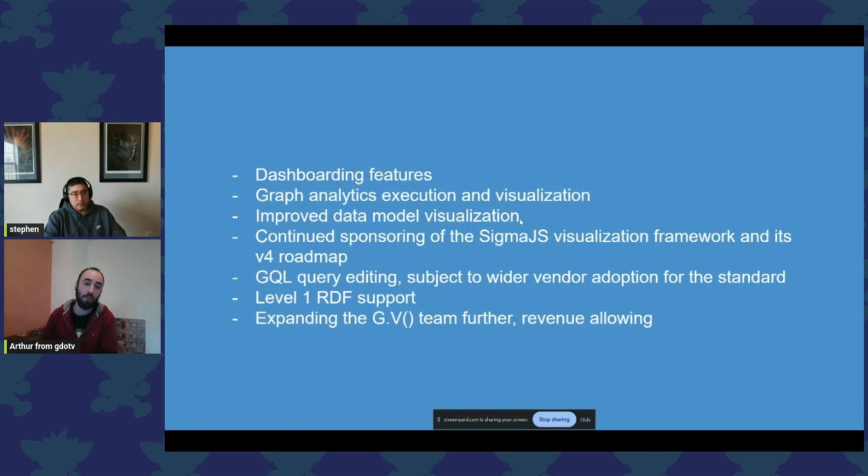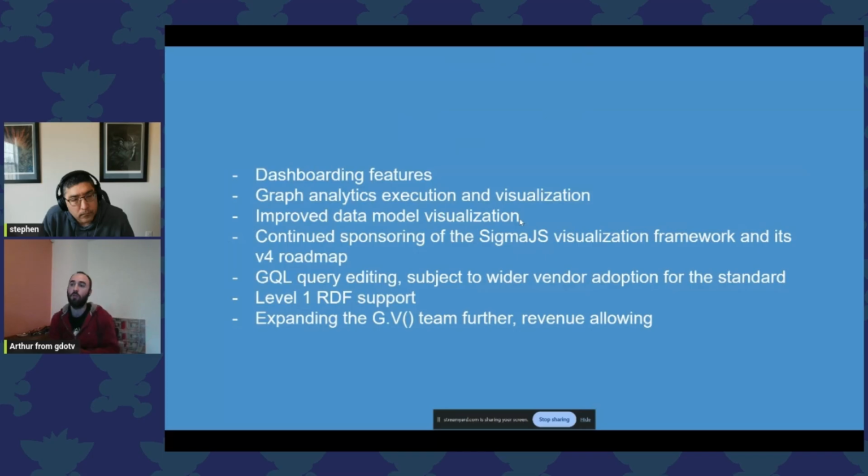The other thing is a lot of the stuff that we do in G.V right now is very dev focused, right? So we want to start introducing more analytics, analyst user-friendly features. The ability, for instance, to create visualization dashboards based on your data. Previously I'd shown these queries where you could add parameters. The idea with the dashboarding features, which unfortunately I can't show today, is that you would be able to create a visual dashboard with different types of data visualization, like pie charts, Sankey charts, tables, graph views, etc., based on